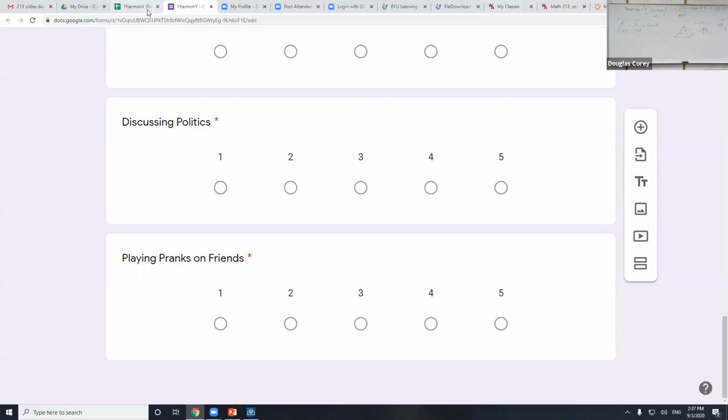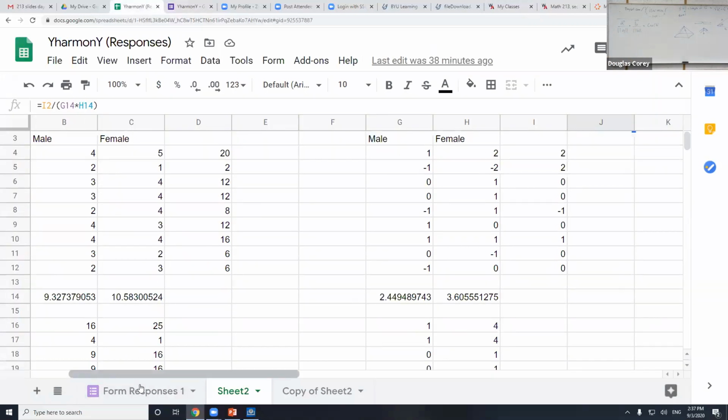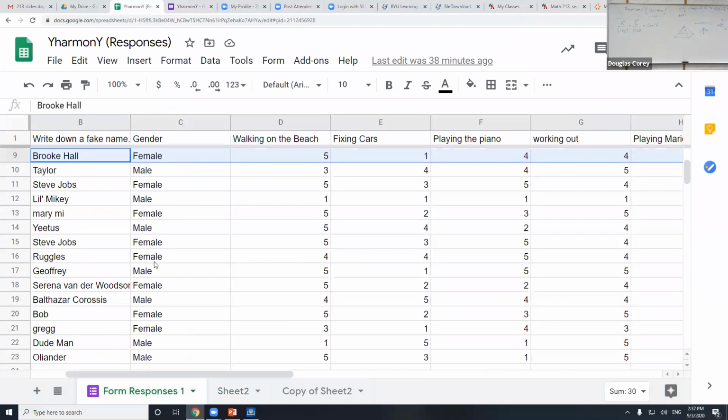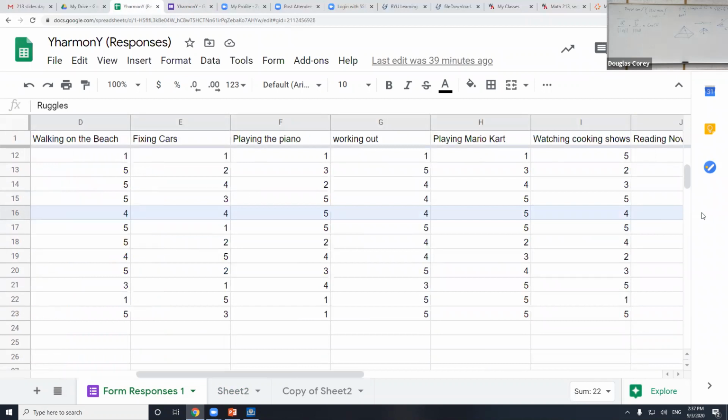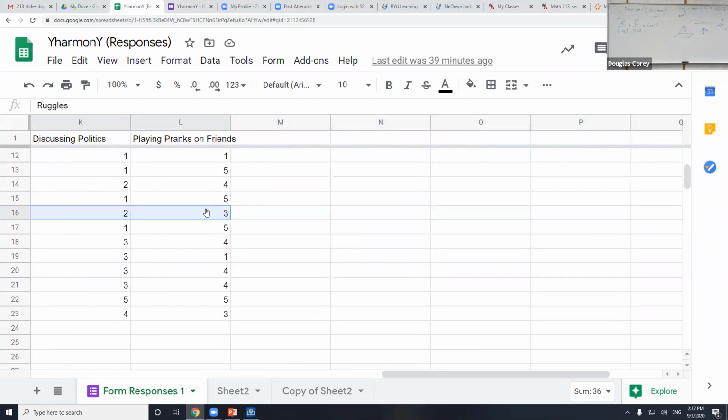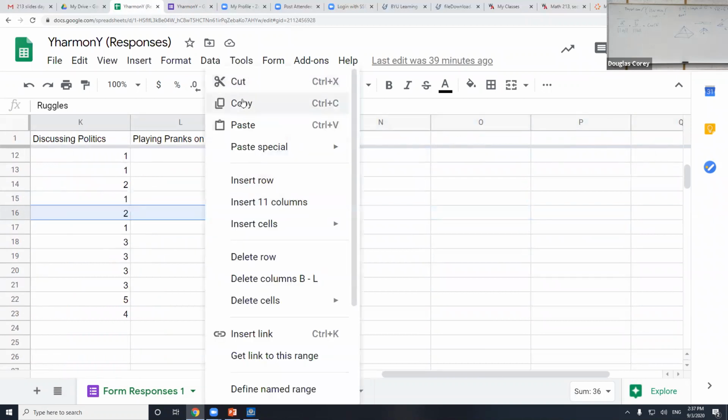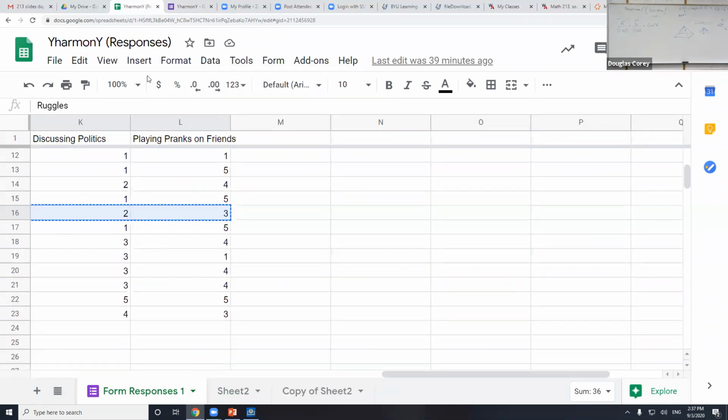So she filled it out and some other guys did. And what's your name? Ruggles, right there. Okay, so Ruggles, we'll see who Ruggles' avatar might match up well with. So, I mean, Ruggles, Molly's avatar. Cut, copy, and